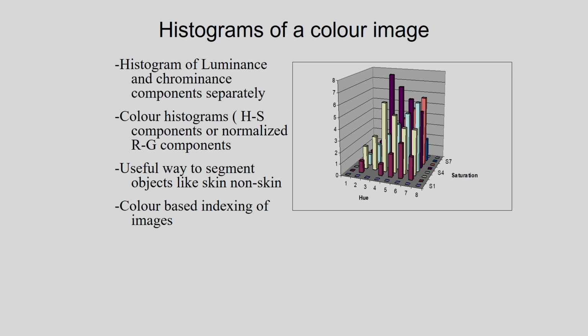After this I can define the histogram of a color image. In this case I can do the histogram of the luminance and the chrominance components separately, or otherwise the color histograms for the R component, G component and B component. This color histogram is quite important. I can consider this color histogram as an image feature. So I can determine the histogram for the luminance component and the chrominance components, chrominance components meaning the hue and the saturation, like in this image.